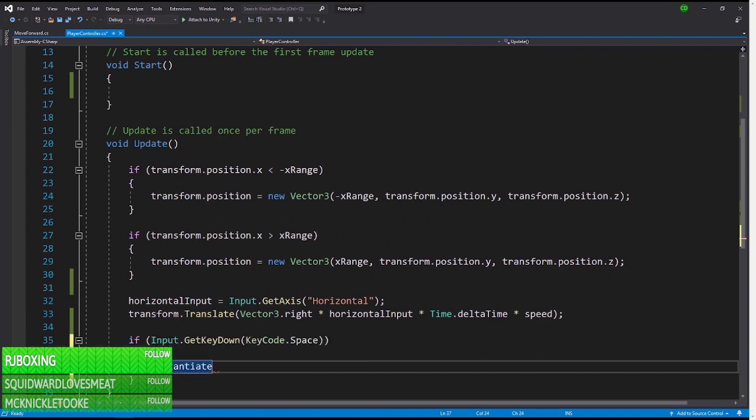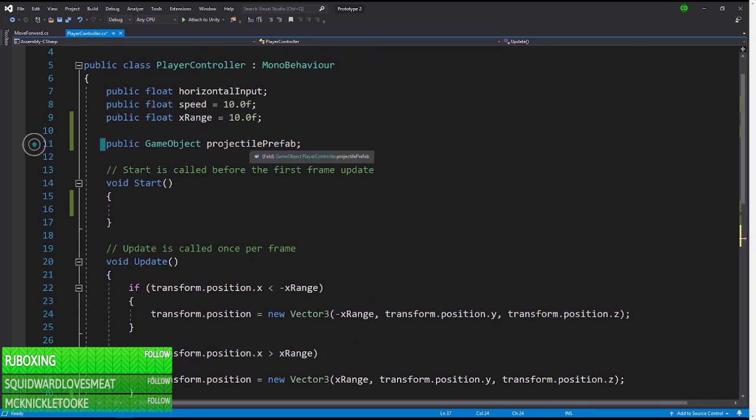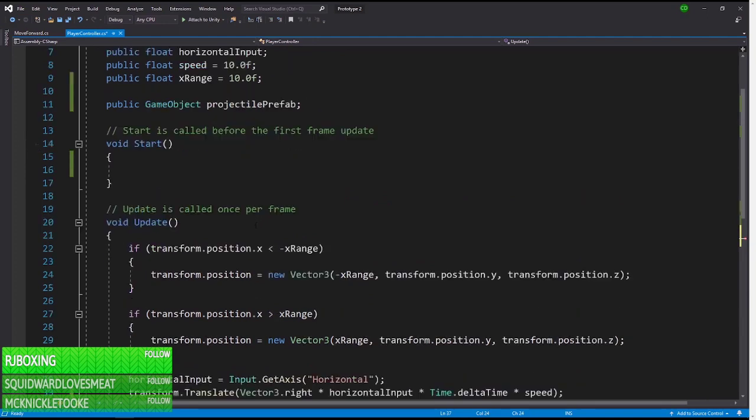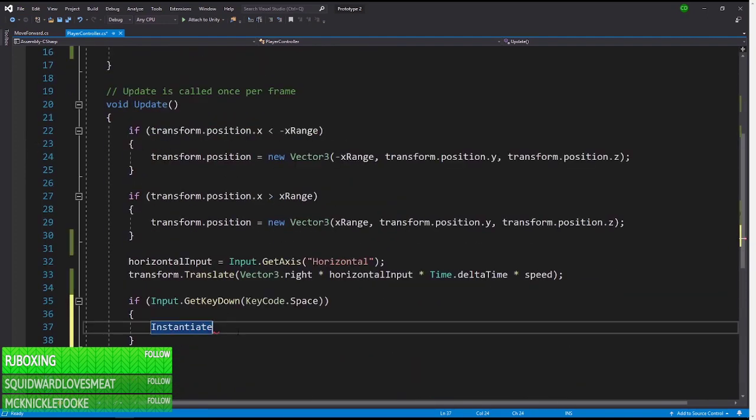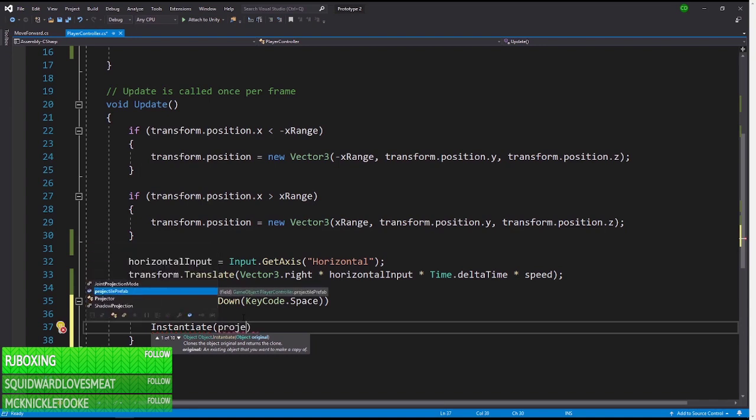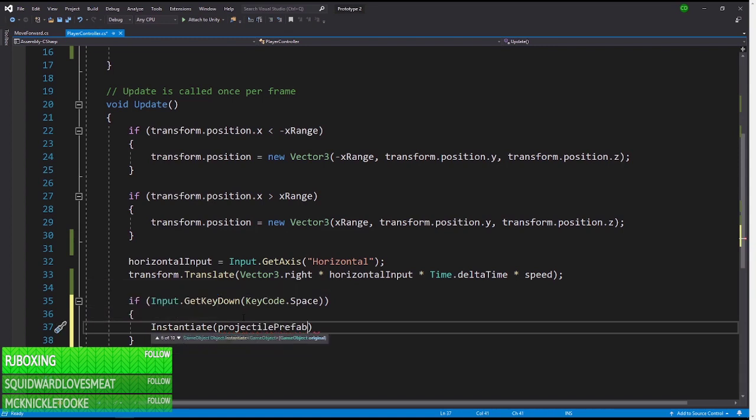What instantiate does is it's another way of saying that we're going to create an object. But specifically, in our case, instantiate is for creating copies of objects that already exist. So, for example, our projectile prefab that we have at the top, we've already created that. So we're not trying to create brand new projectile prefabs. We're just trying to create copies of it, and instantiate is what allows you to create a copy of that object. So if we open the parentheses, you see that it's looking for an object to copy. So we're going to do the projectile prefab and autocomplete. And we actually need more options. So if we scroll through the different ways that we can do this,